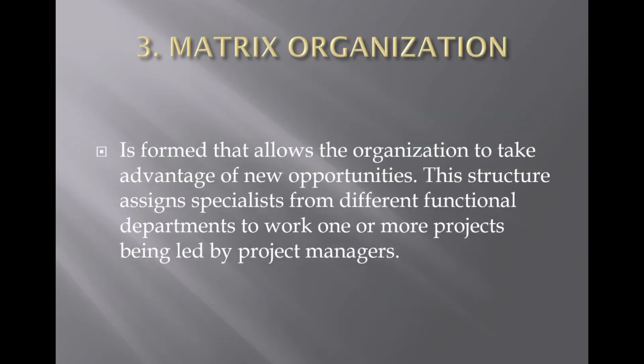Next is the matrix organization. In matrix organization, it is form that allows the organization to take advantage of new opportunities. This structure assigns specialists from different functional departments to work one or more projects being led by project managers. In matrix organization, there are usually two chains of command, one along functional lines and other along product and client